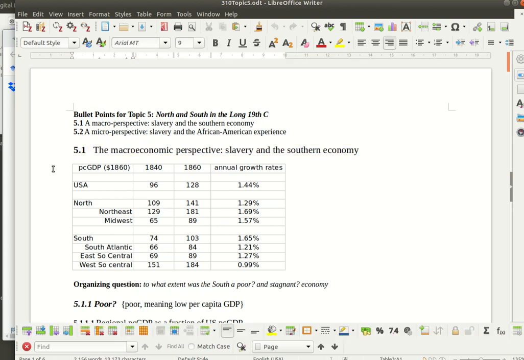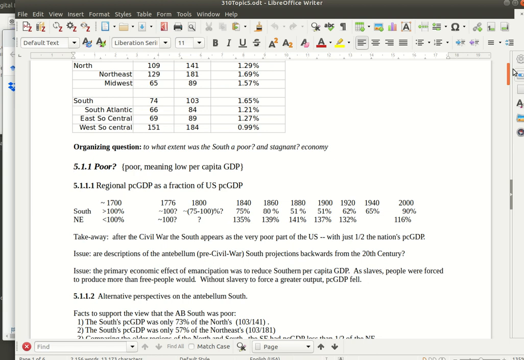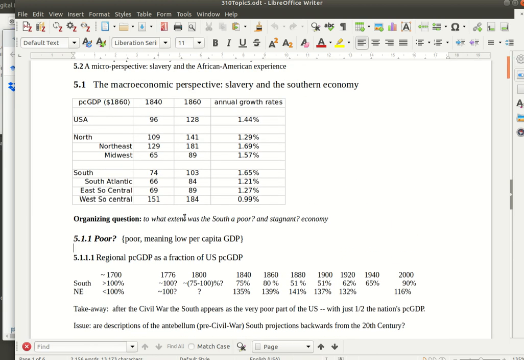These data on the per capita GDP in the U.S. as a whole and in the different regions, we should call the North and the South sections, and the places within the North and the South, call those regions. These are data we've looked at before, and we want to use these data to explore the macroeconomic perspective on slavery, with the organizing question noted here: to what extent was the South a poor and stagnant